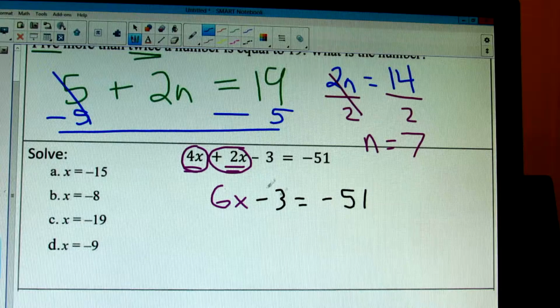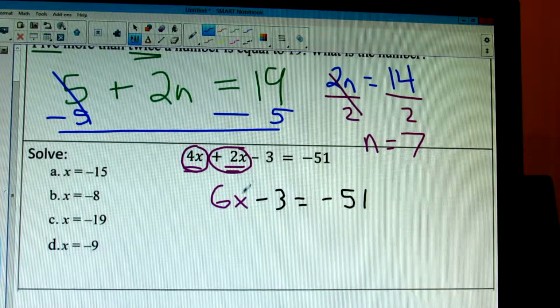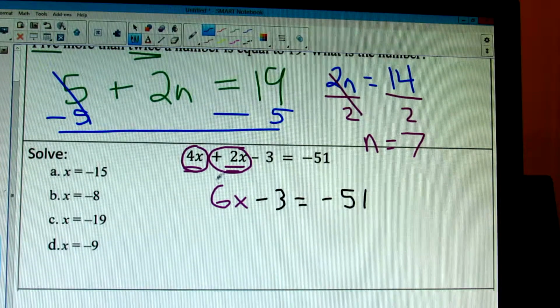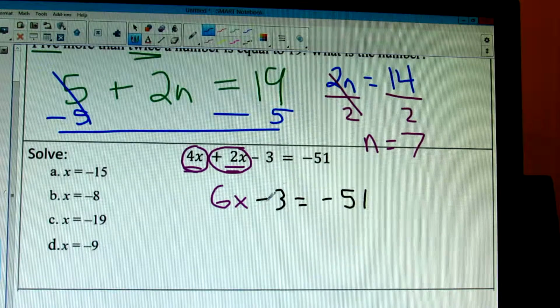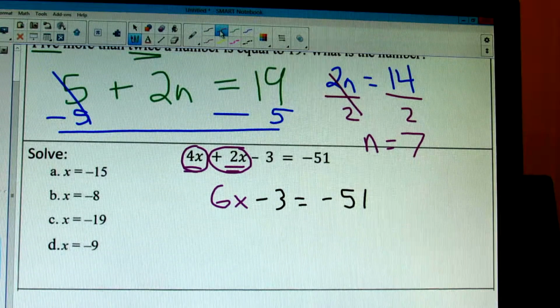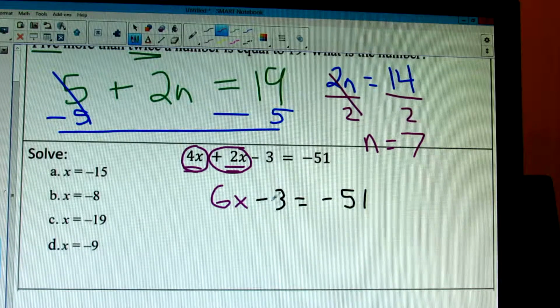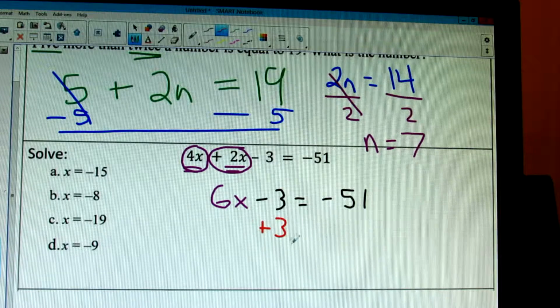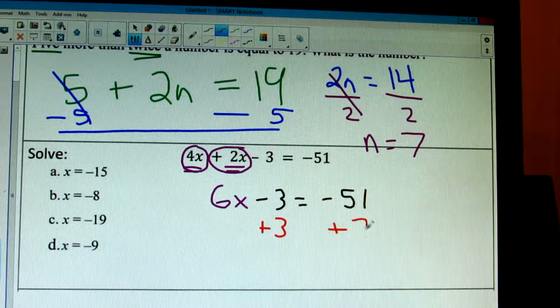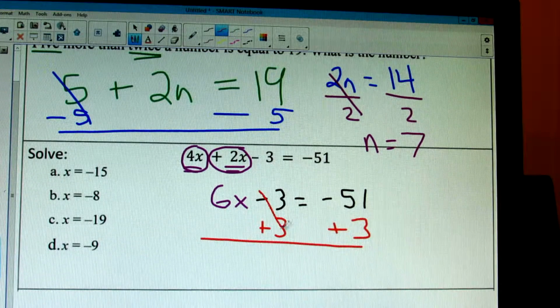Now, it's a two-step problem. There are two numbers in my way of getting x by itself. There's multiplying by 6 and subtracting 3. To undo that, we're going to use SAD-MEP, working backwards, doing adding or subtracting first. This is subtraction, so I'm going to have to do the opposite, which is add 3 on both sides. 3s will cross out,